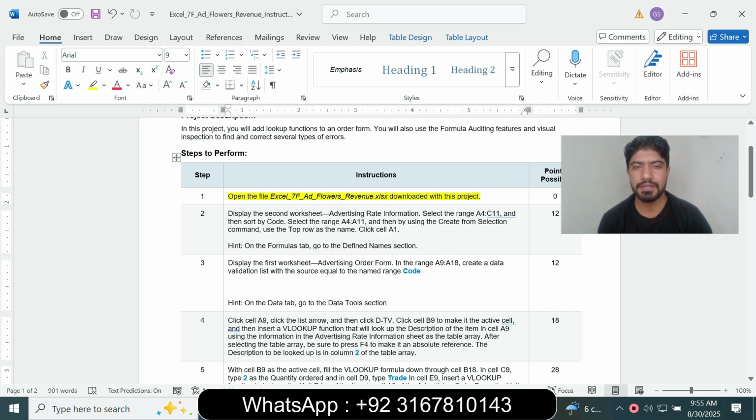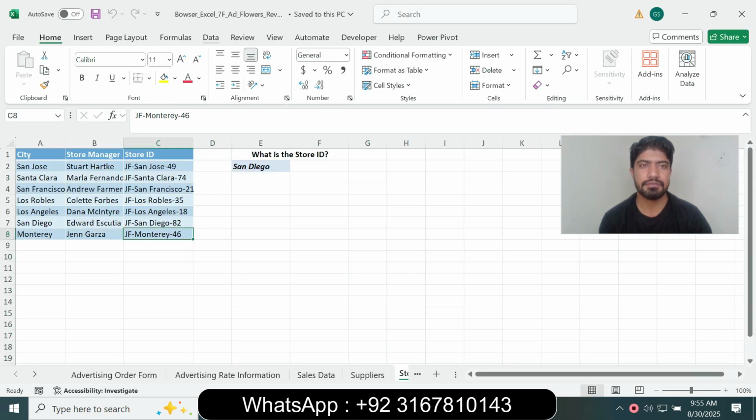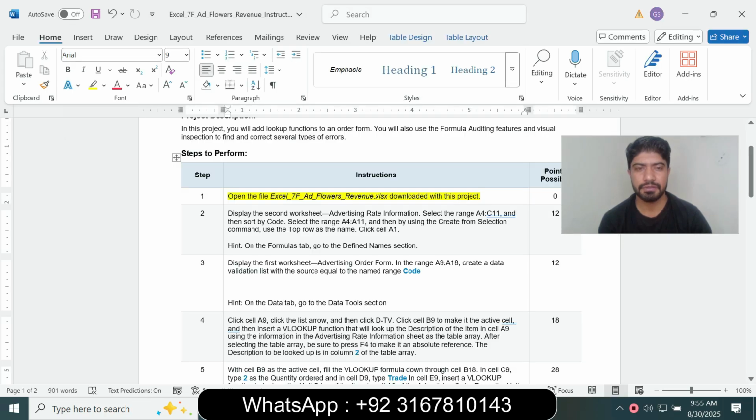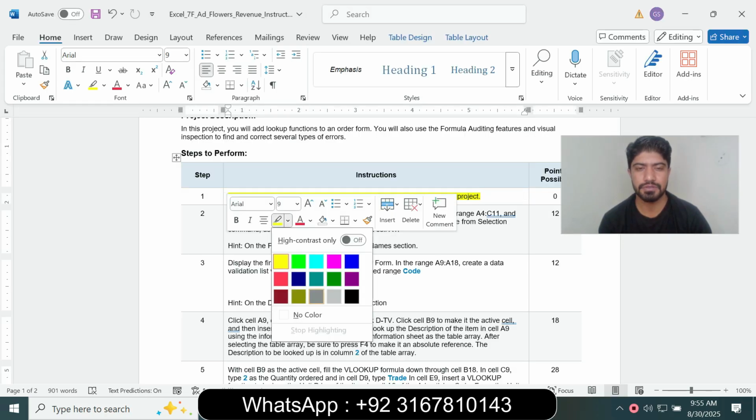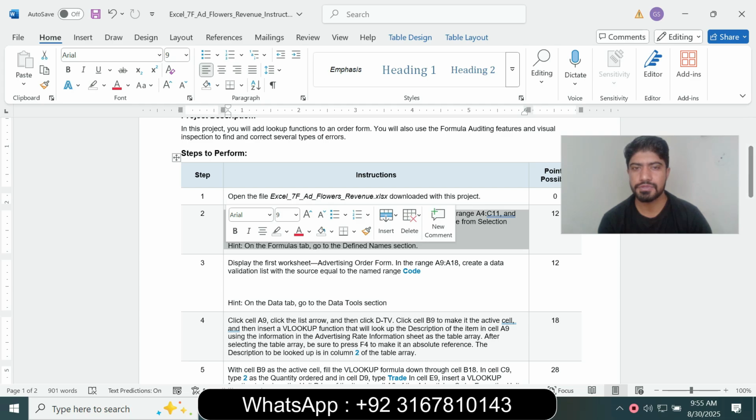open the file Excel 7F Flower Revenue downloaded with this project. So go to the Excel worksheets. I have already downloaded the Excel 7F Flower Revenue, and we move to question number 2. So question number 2 is